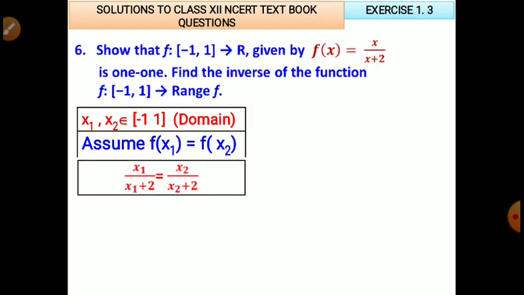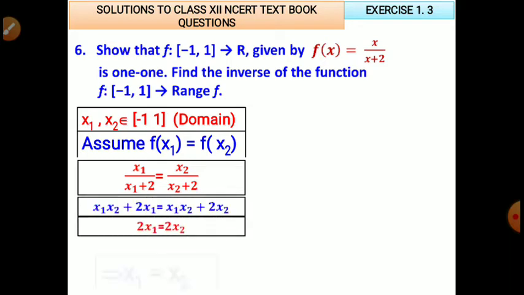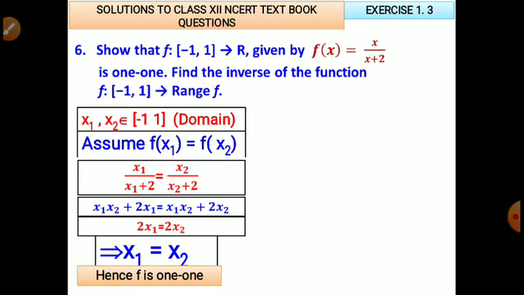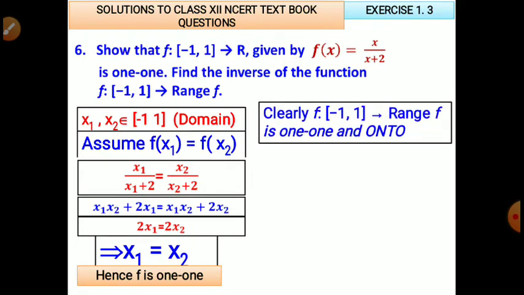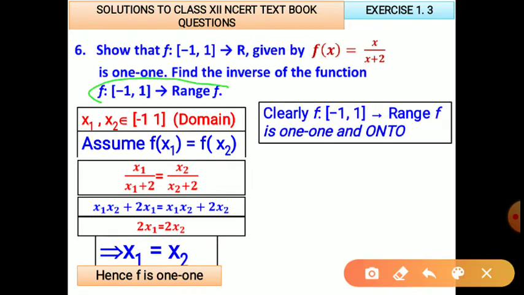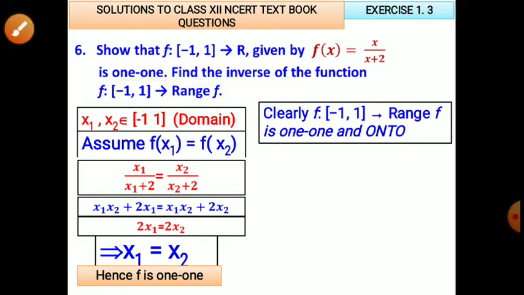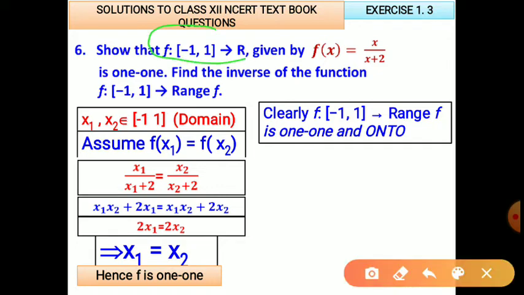So to prove the 1-1 function, you know that already, we take f of x1 equal to f of x2, and from that you are going to get x1 equal to x2. Finding the inverse means, do remember that it is already given that f maps to the range. Whatever the range of f is, only if that is the codomain, then the inverse exists. Otherwise it will not be an onto function, so the inverse does not exist. So do remember that if the domain and codomain are changed, for this function the inverse may not exist.